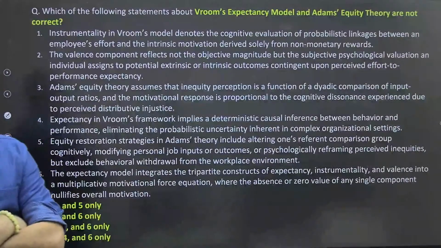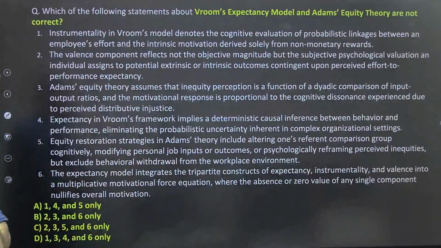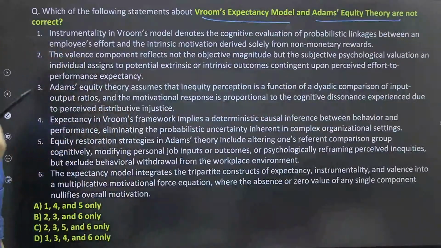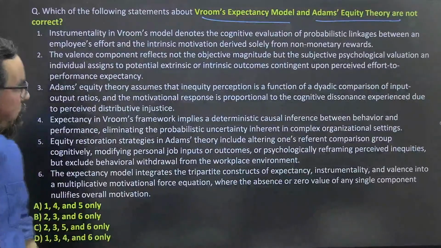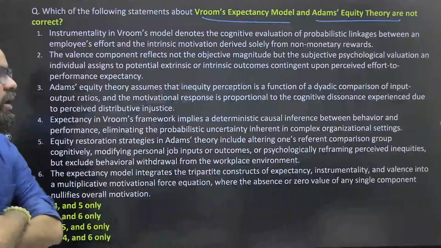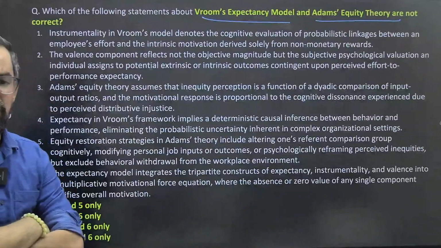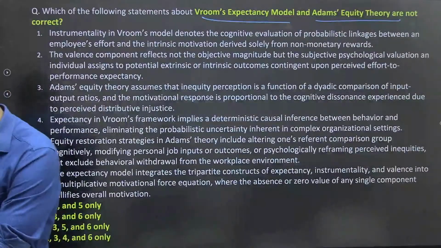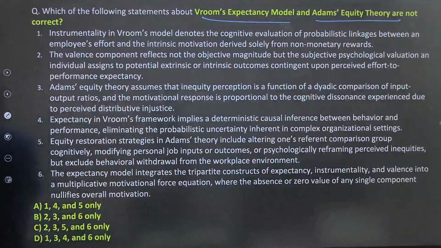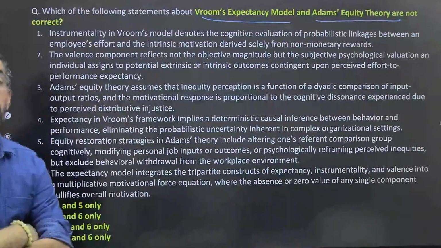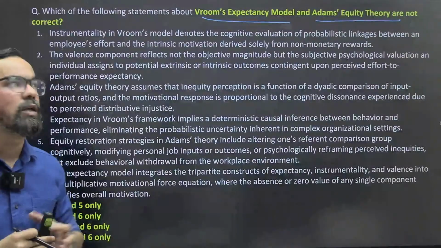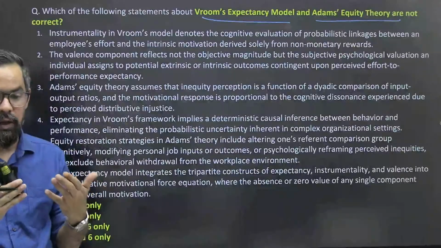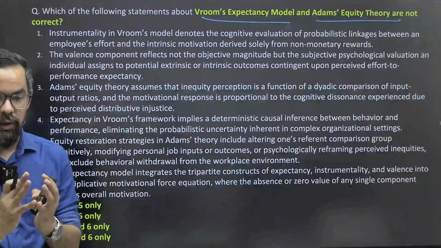Next question, read out the statements and try to find the right answer. Vroom's expectancy theory and John Adams' equity theory, these are motivation theories. Victor Vroom's expectancy theory: motivation theories are divided into two parts, one is content theory, another is process theory. These are process theories, like from where this motivation occurs, when we apply something in our organization, say if we want to motivate our people, how we should design policies and all.